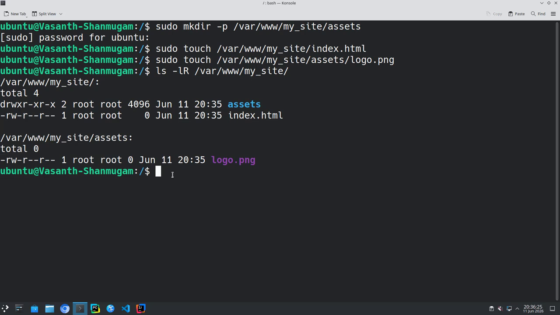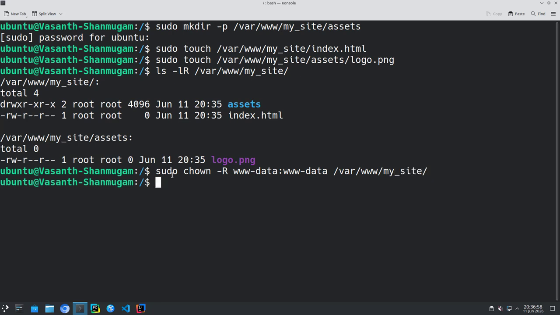To change the ownership, if you see here, it has just read and write, no execute, or just read. What I'll do is a sudo chown -R followed by www-data, so user colon group. That's the ownership that we give here, followed by /var/www/my_site. Now if I run the same command that I ran previously,